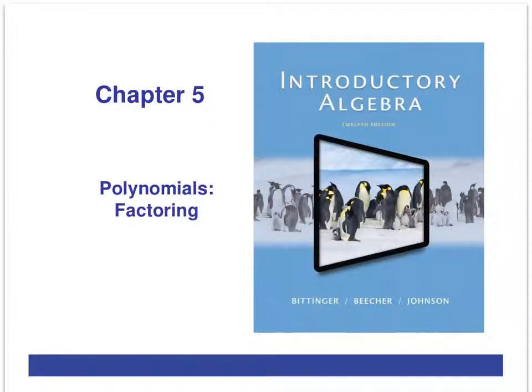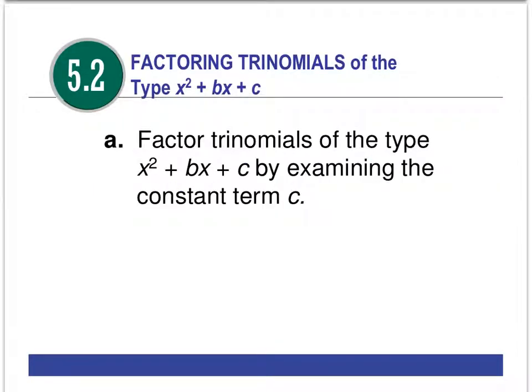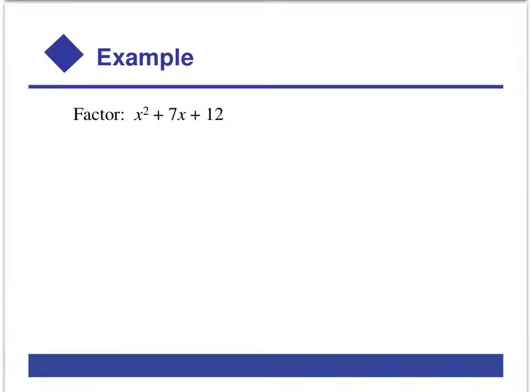Okay, we're still factoring polynomials. We're going to learn a method of factoring a trinomial of the type x squared plus bx plus c by examining the constant term c. So when you go to factor x squared plus 7x plus 12, the first thing you need to look at is the sign of this constant term. Okay, because it is positive, then the two factors that we find that make up 12 will give us a